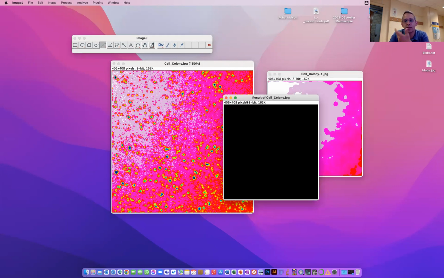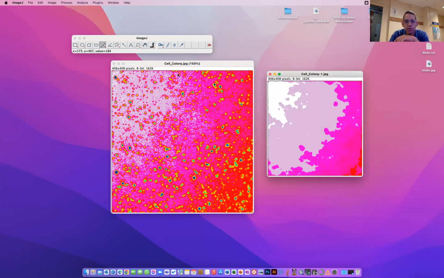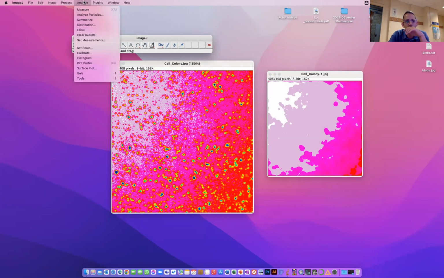And because images cannot be negative, then I have everything black. It's all zeros. So I'm going to do it again. But this time I'm going to